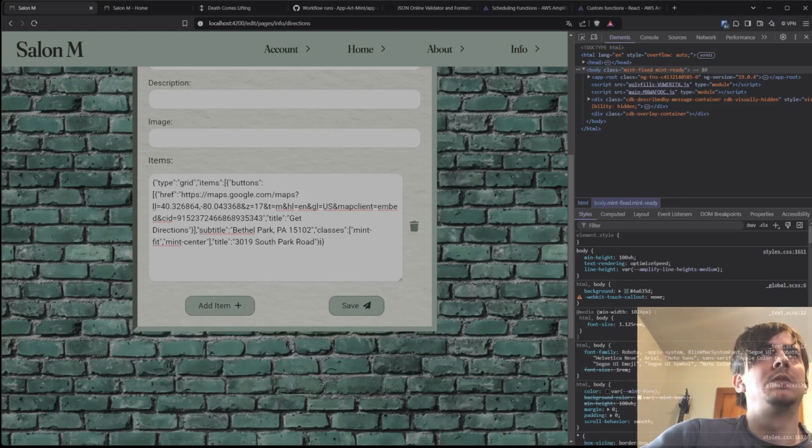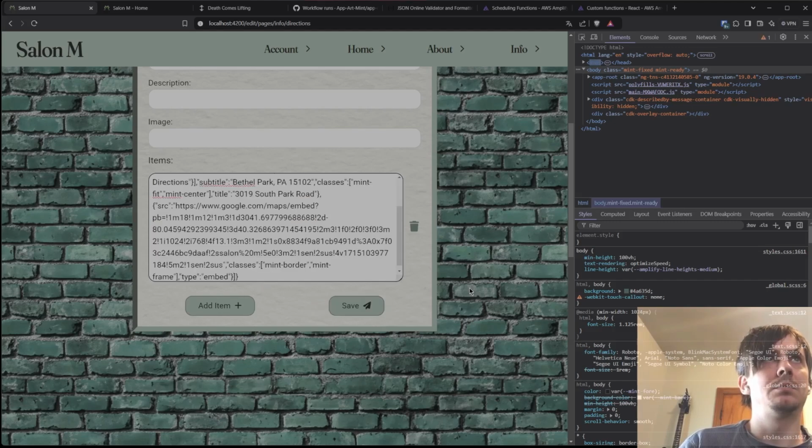Oh, okay. So I have a bug to fix. If the JSON is invalid, but I delete it, it's still trying to parse that. So I need to fix that. That's annoying, but